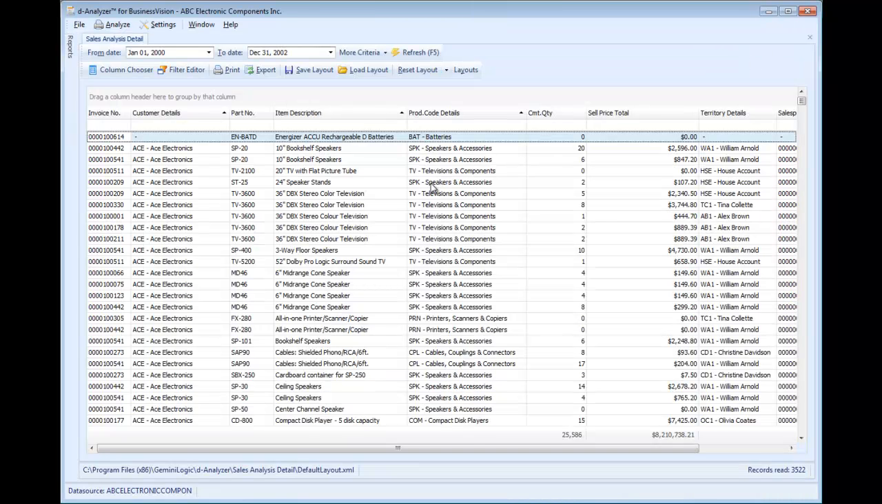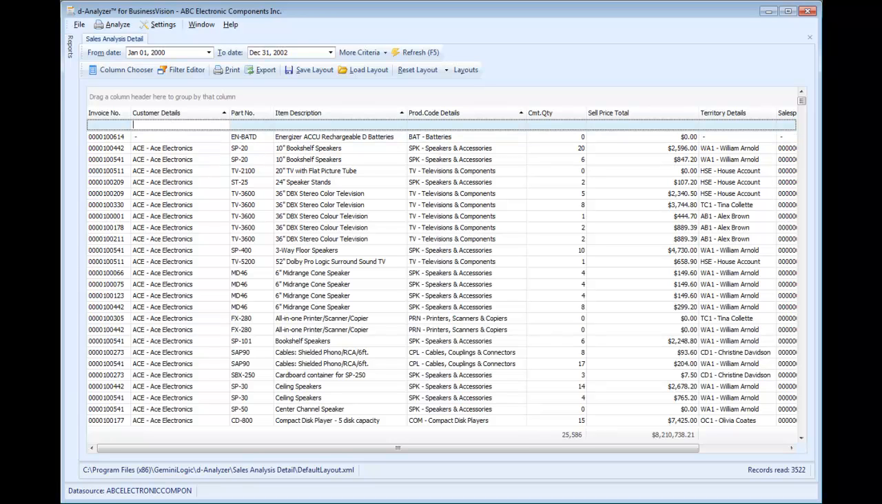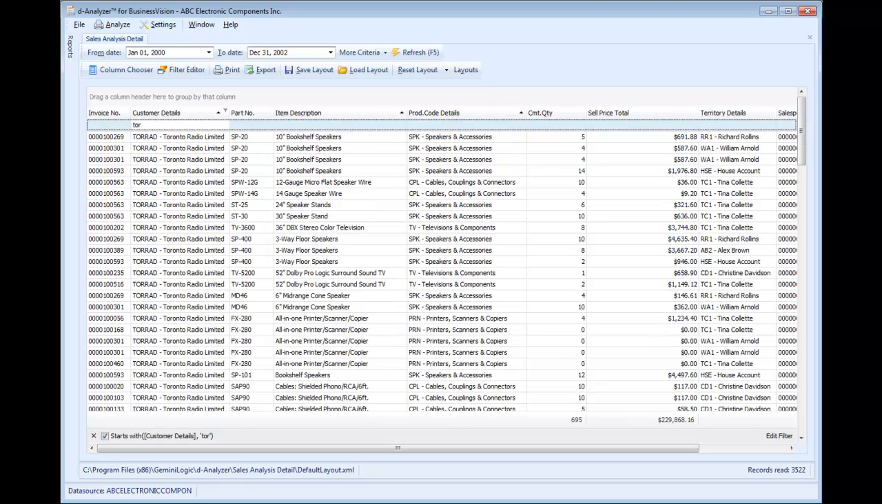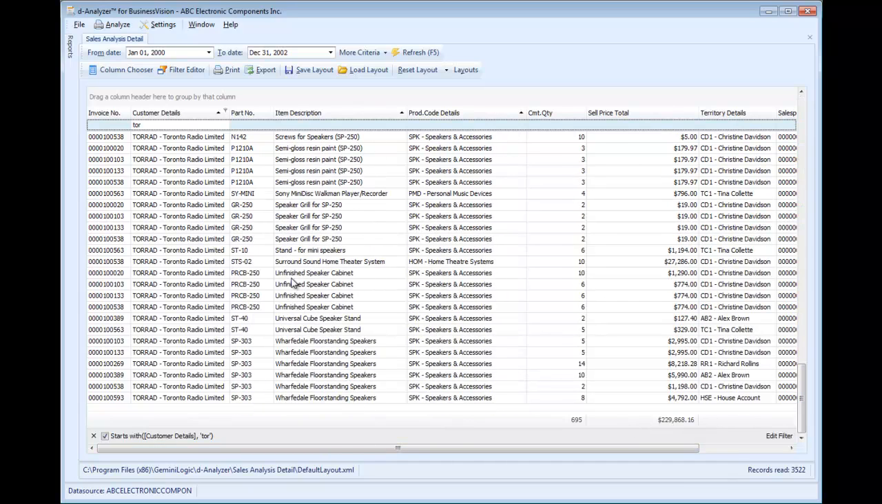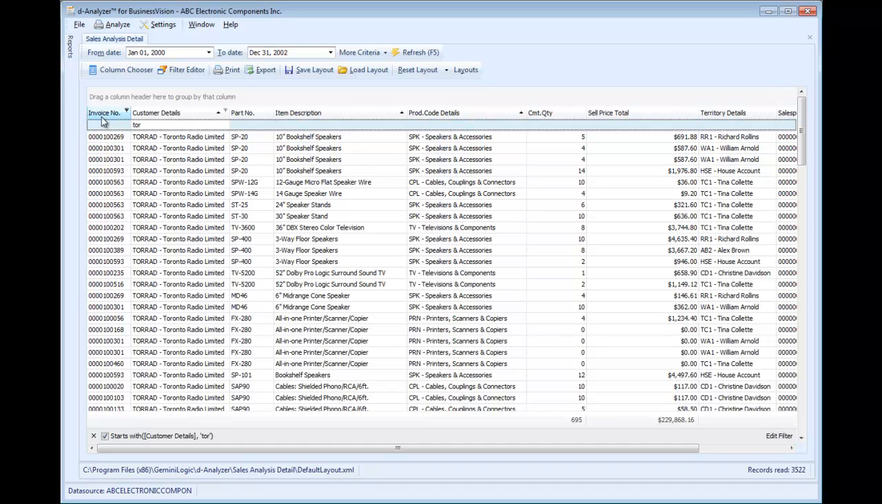Let's minimize that. You can also apply filters at any point. So let's say you're looking at this type of report, but you're particularly concerned about a given customer, let's say. One way to filter that is to just enter in the first few digits of a customer number in the customer number column, and that now is showing you Toronto Radio Limited, and you're getting your totals at the bottom just for Toronto Radio Limited. Other ways you can filter that further, you can say, well, I'm interested in Toronto Radio Limited, but I also am interested in,